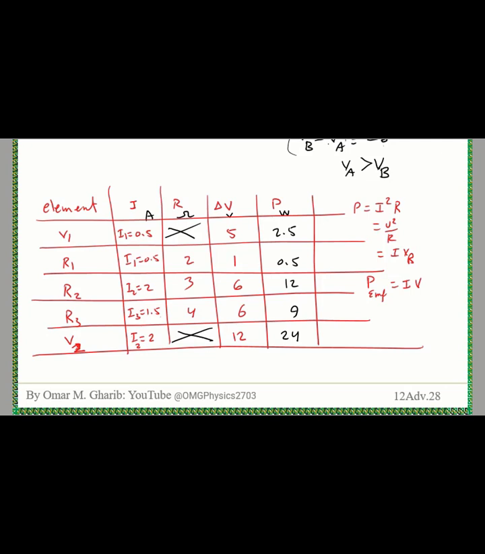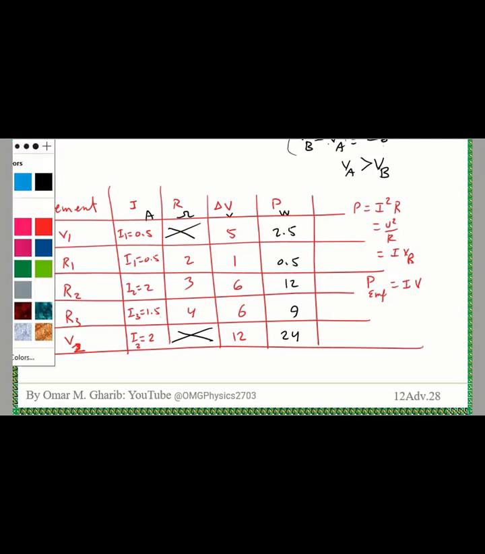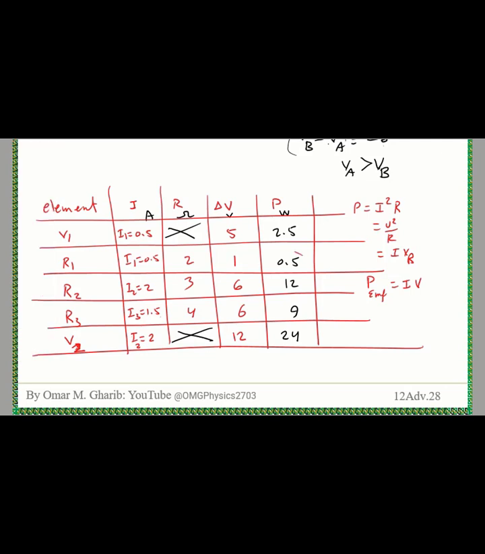Now, if you add the power for the resistors only, 9 plus 0.5 plus 12, it's 21.5. 21.5. If you add the two power supplies, 7.5 with 24, it is